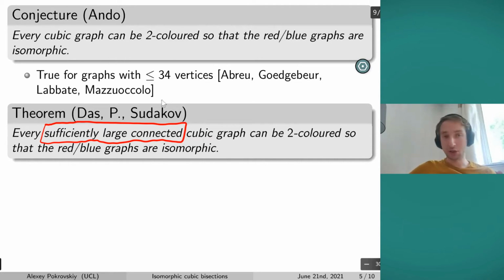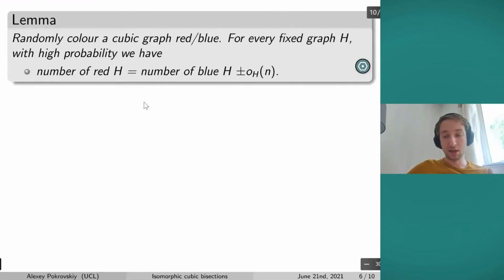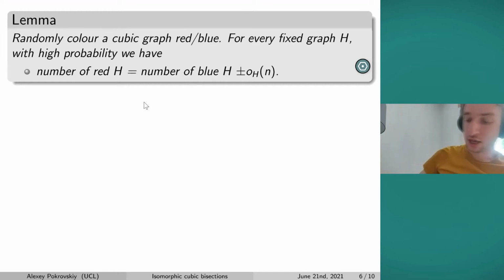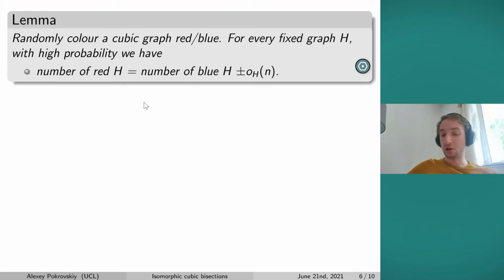A natural coloring to use for this is to just randomly, independently color every vertex red or blue. So you take a cubic graph, you independently color the vertices red and blue, and we want to prove that the red graph and the blue graph look quite similar to each other. How can we measure similarity? One way that's useful for us is to measure, for any small graph H, the number of red copies of it and the number of blue copies. And it's easy to show that these two numbers have to be almost the same. So the way you see this is,